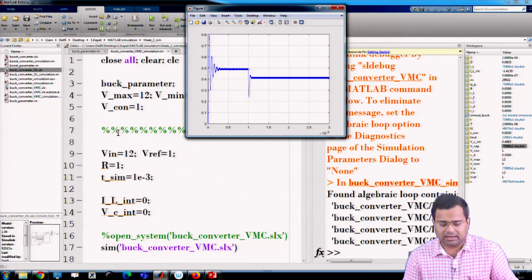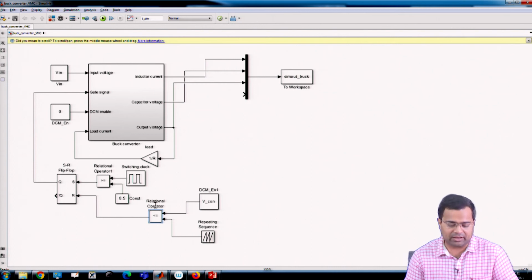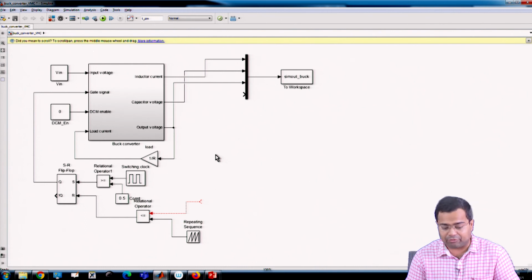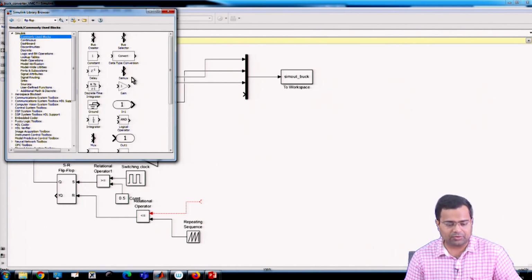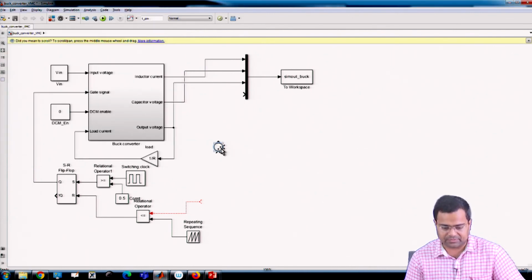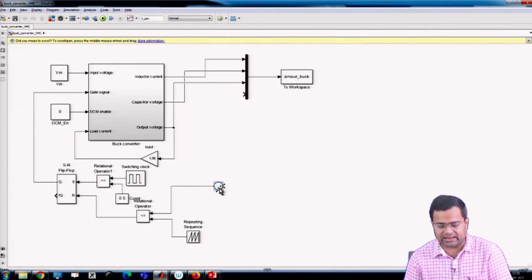So this is like our controller, where we have not yet used closed loop control. Now this control can be modified by placing an error voltage. That means we need to consider the traditional feedback logic block. So this is my feedback logic, and this output will not go directly.